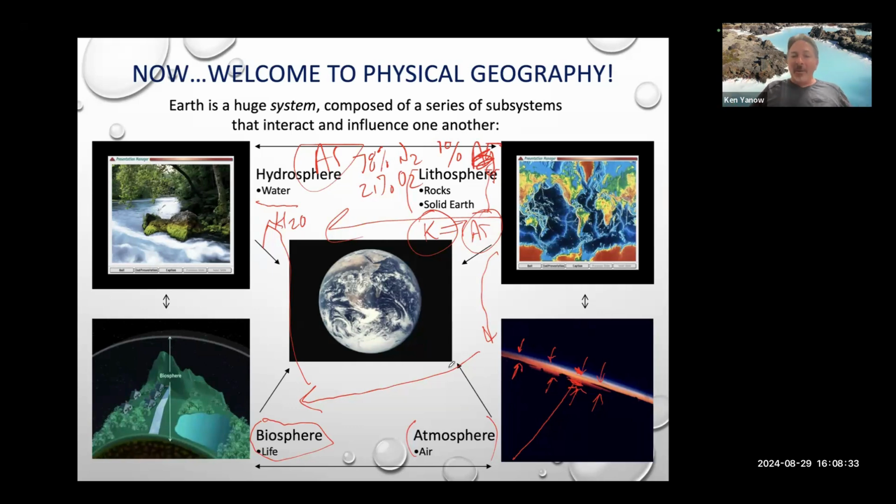The fact of the matter is, what we do to the atmosphere today, if we talk about something like climate change, absolutely affects the biosphere, absolutely affects the hydrosphere. Everything is affected because of this interrelationship of all things on our planet. Anybody have any questions at all? It's fairly foundational and fundamental, but again, if you do, please just let me know.